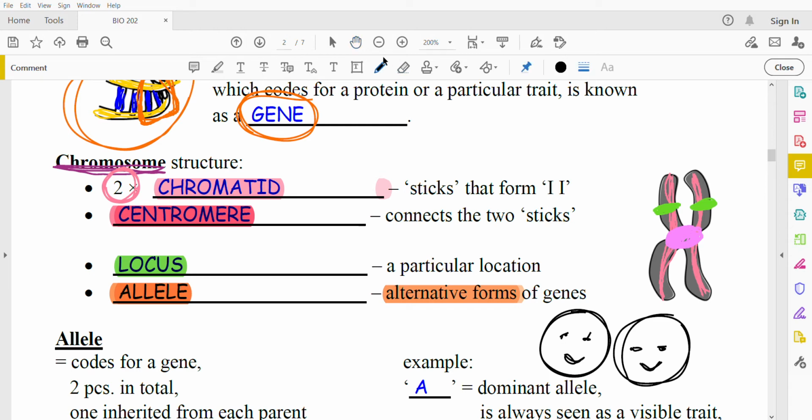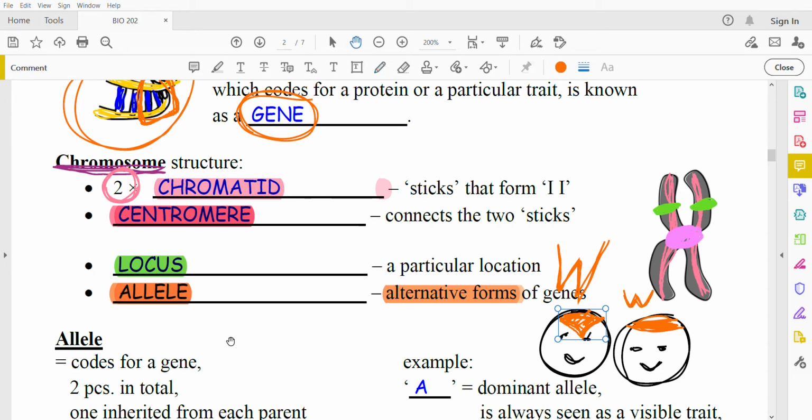So let's look at an allele that codes for a widow's peak as a hairline. Widow's peak was this sharp kind of triangular end of how hair goes at the forehead. And that was a dominant gene, so we're going to symbolize it with a capital W for widow's peak. Other people could have a straight hairline. This straight hairline was a recessive character, so it's going to be a lowercase w. It's not